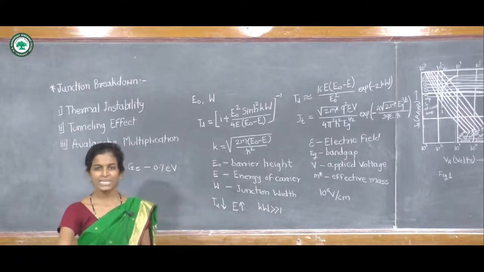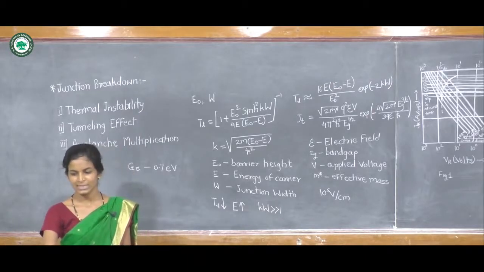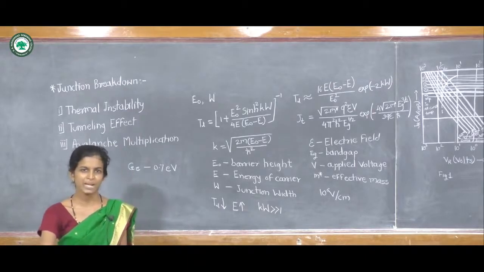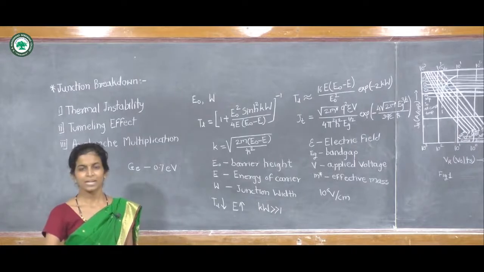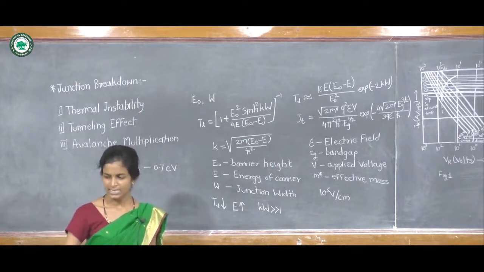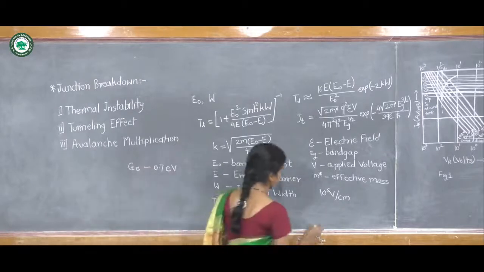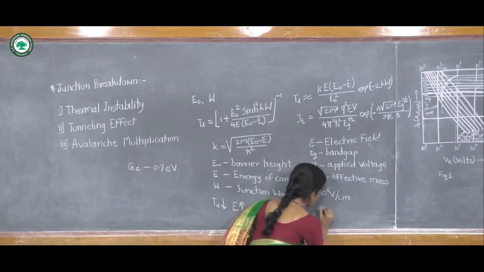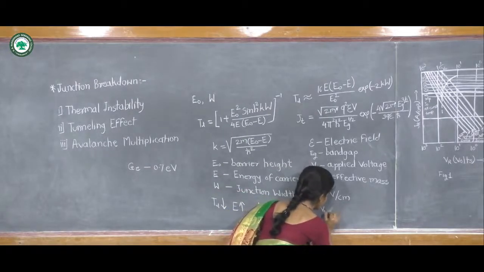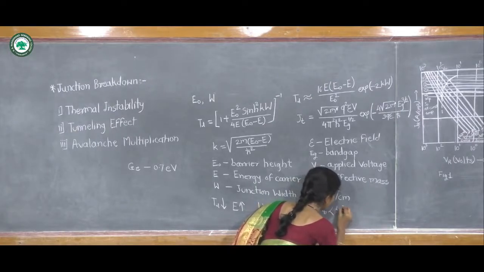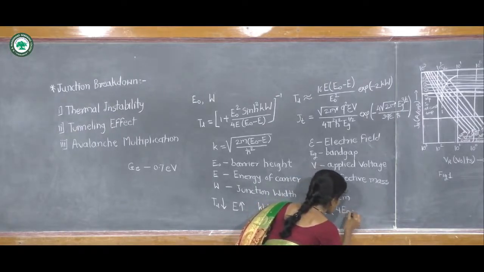The mechanism of breakdown in silicon and germanium junctions with breakdown voltage less than about 4 Eg by q